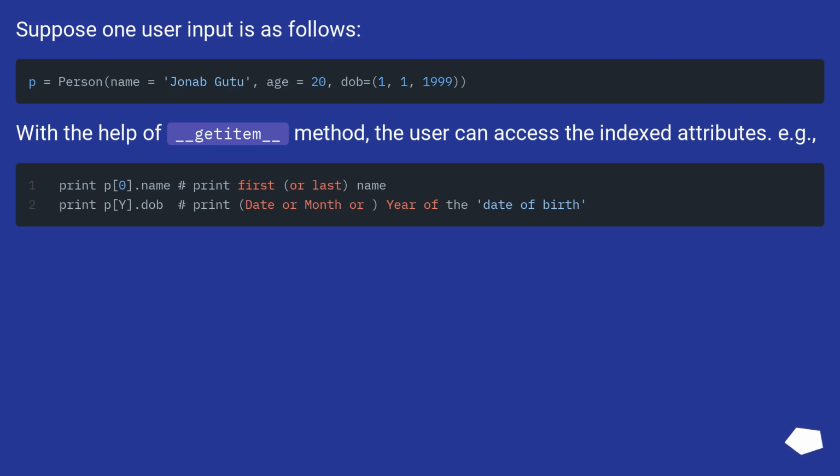Suppose one user input is as follows. With the help of the __getitem__ method, the user can access the indexed attributes. For example,